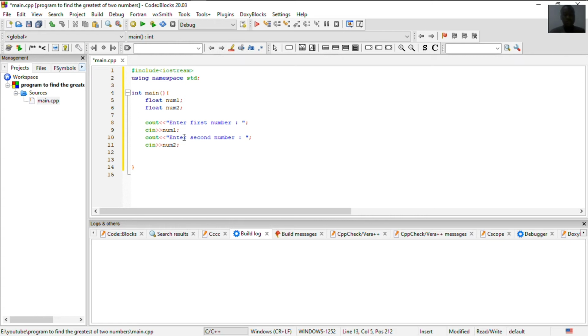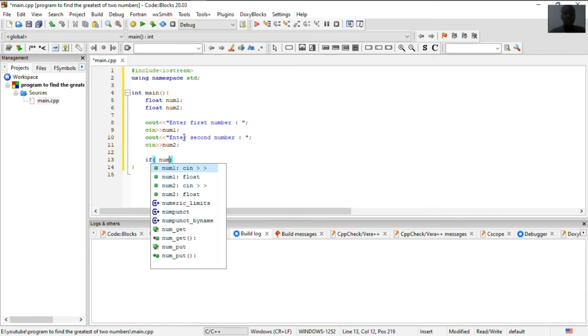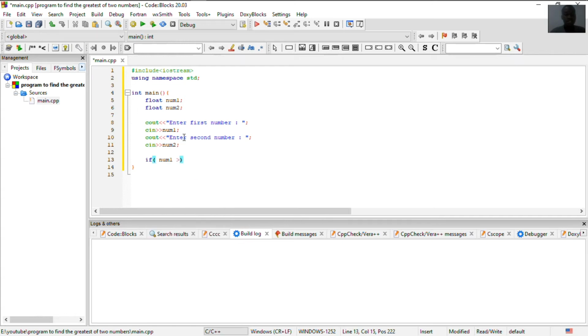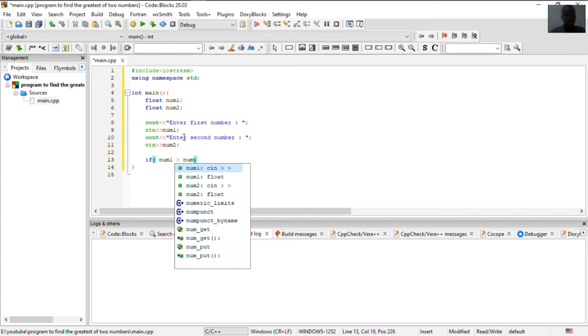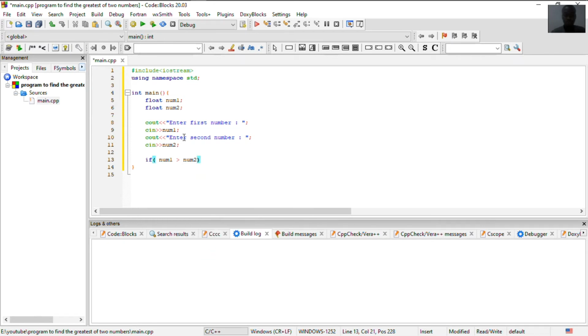We're going to say that if num1 is greater than num2, what do we want to do? We want to print to the console that num1 is greater than num2, else we print to the console that num2 is the greatest. So we say that cout